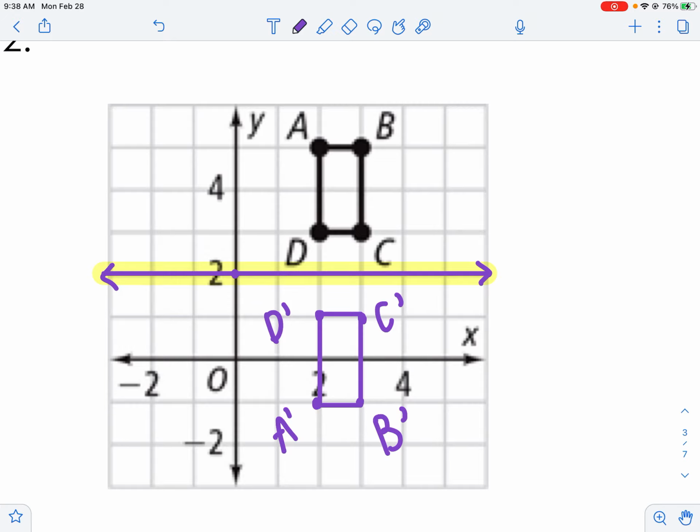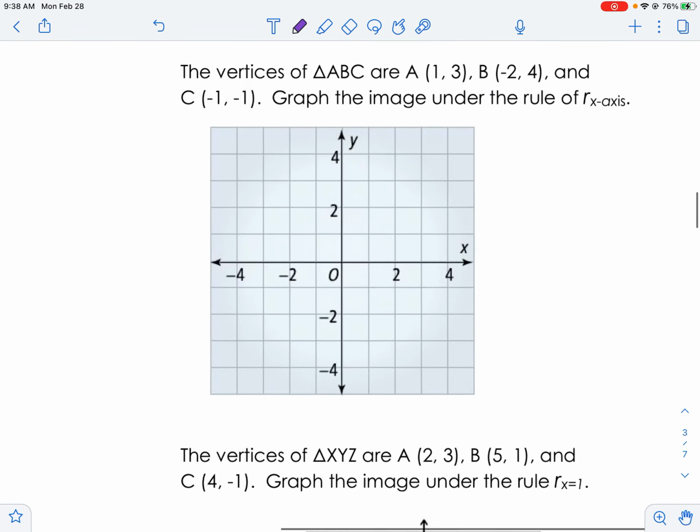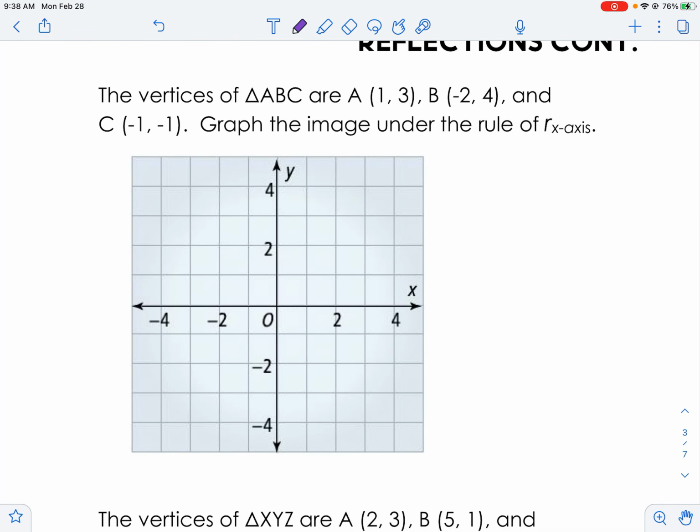So I like reflections because sometimes once you get the start of your shape, you can just kind of fill in the rest of your shape and go from there. So let's take a look. It says the vertices of triangle ABC are A is at 1, 3. I'm going to remember to label. B is at -2, 4. And C is at -1, -1. I'm going to go ahead and connect. And it says graph the image